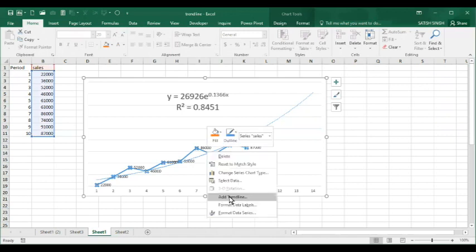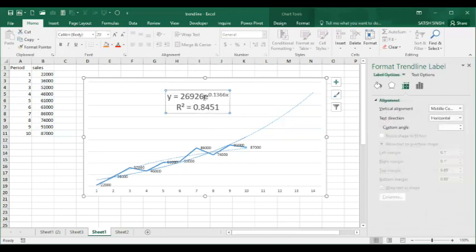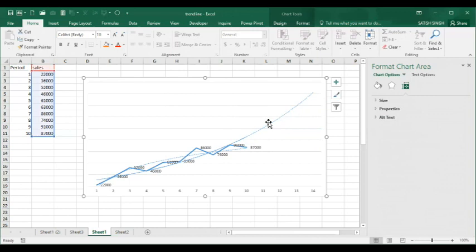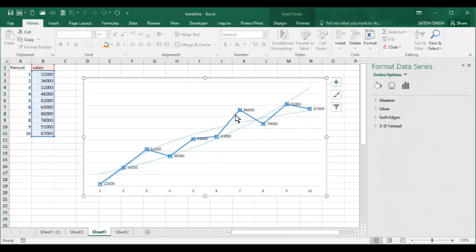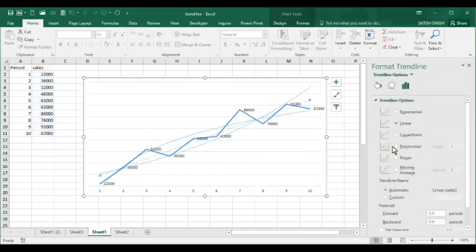Again, go to trend line, and here you go to logarithm, and then again this is showing a different value, but that is not acceptable to us because it is showing 84%, whereas the linear model was expressing that the prediction power of the model was 90%. So there are other options.